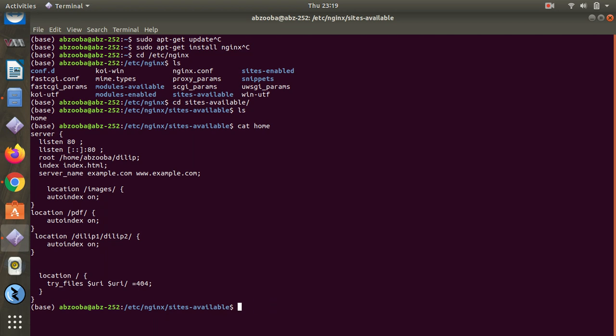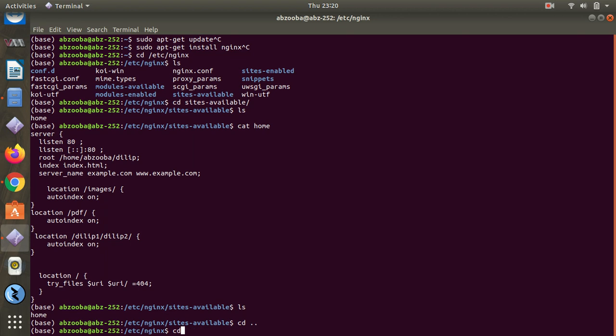And one more thing, when you install this, maybe you will find some default.conf here. You just need to remove that default.conf. In my case, I have deleted that. It may create confusion. You just need to delete this from here, and also from sites-enabled.